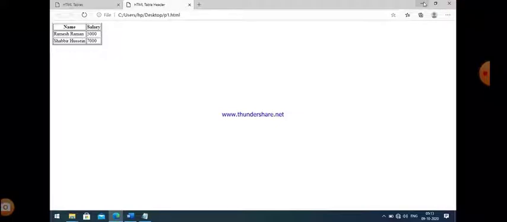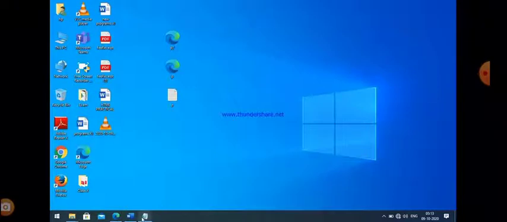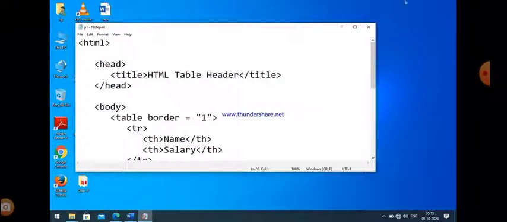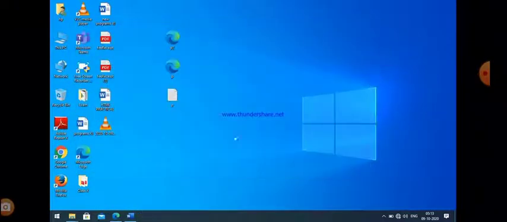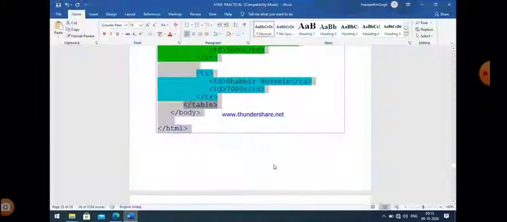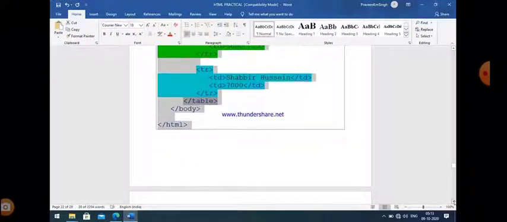Always remember that th is used in place of td. In th we also put data, but data becomes a heading when we use the th tag, and if we want to simply represent it as data, then we use the td tag. So that is the basic difference between these two.